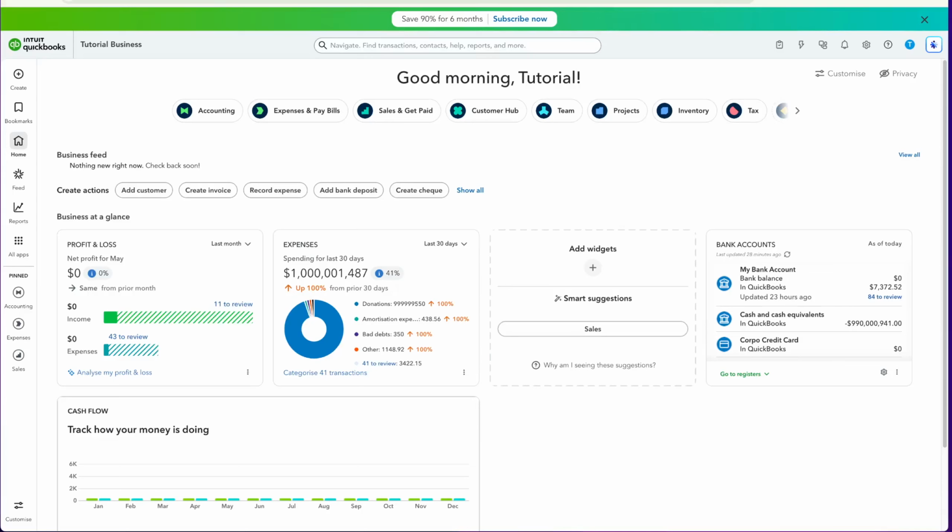In today's video, I'm going to teach you how to create a custom report in QuickBooks Online. Whether you're tracking invoices, monitoring expenses, or analyzing sales, custom reports are a powerful tool to help you gain deeper insights into your business. By tailoring reports specifically to your needs, you'll be able to focus on the details that